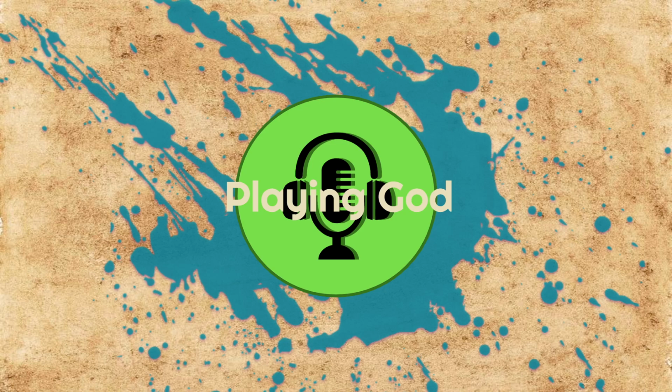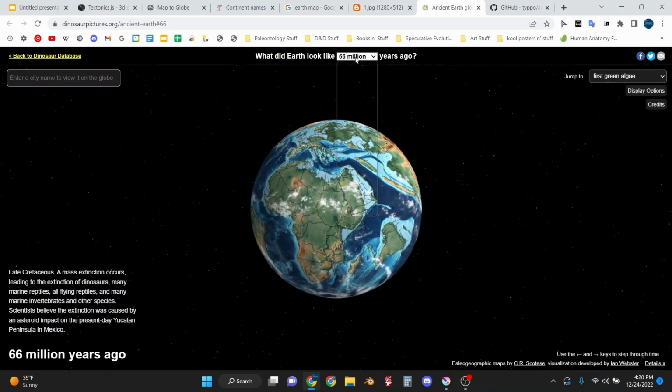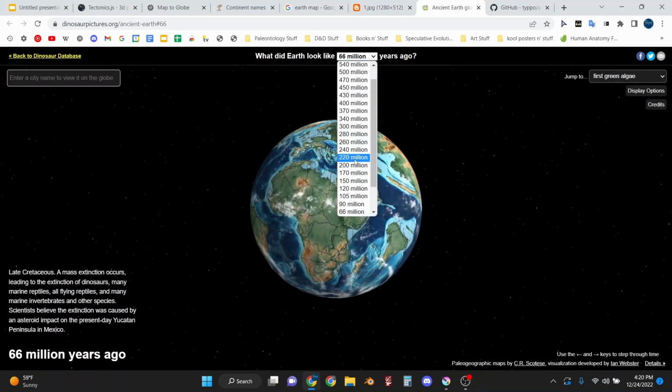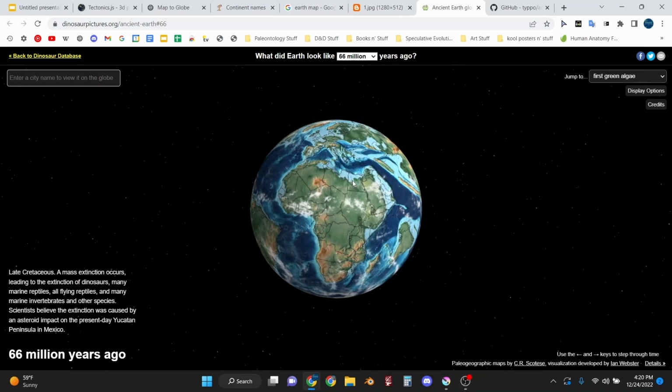Okay, so anyways, you can also look at Earth from other periods of time. Just look at maps of anything too. We're not just saying you only have to look at Earth. You can look at a map of Middle Earth. You can look at a map of whatever, just as long as it interests you and it has some sort of inspiration. It holds something to you and it makes it interesting for you.